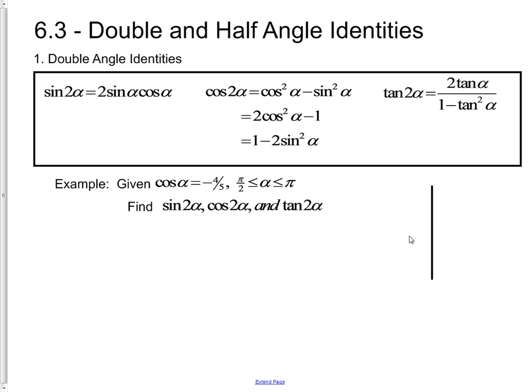Here's an x and y axis system, so I can draw an angle in standard position. And in this particular angle in standard position, we have an angle alpha in the second quadrant whose cosine is negative 4/5. So if we were to draw this out, we would say that based on the position of the angle alpha,